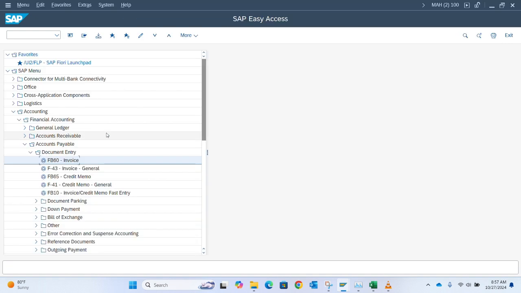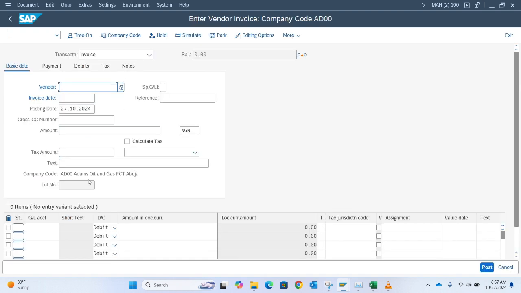So we are fine now. We can go back to FB60 again and check. As you can see, the error is not coming up again because we have fixed it. Tax procedure not assigned to country, or country not assigned to tax procedure, is straightforward. That's just what it means. And we've been able to assign that and we are fine. So now, without further ado, let's